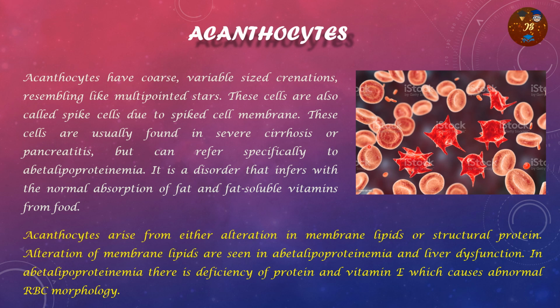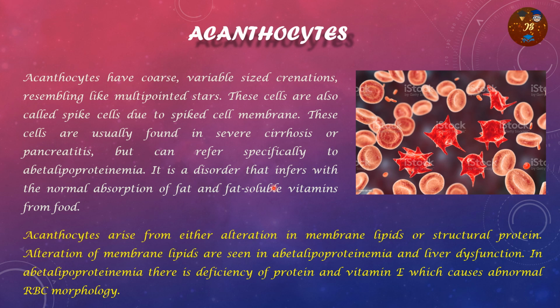These cells are also called spike cells due to the spiked cell membrane. These are spikes, and for that reason it's called a spiked cell. These cells are usually found in severe cirrhosis of the liver, or pancreatitis. So in diseases associated with the liver and the pancreas, we can see this. But I can refer specifically to